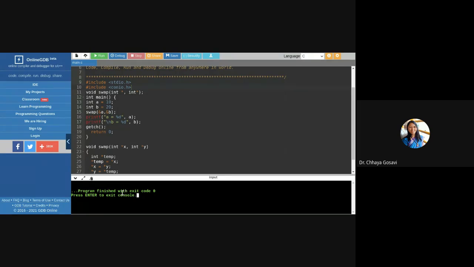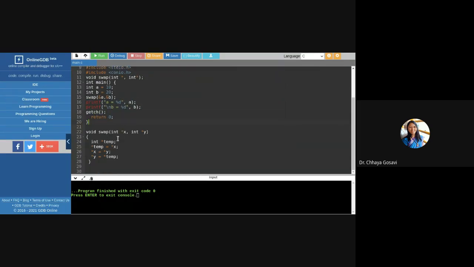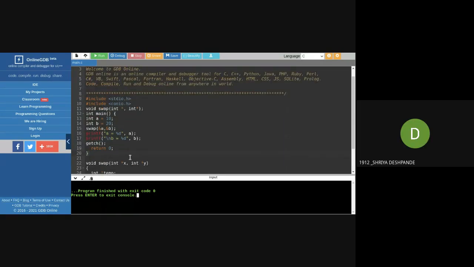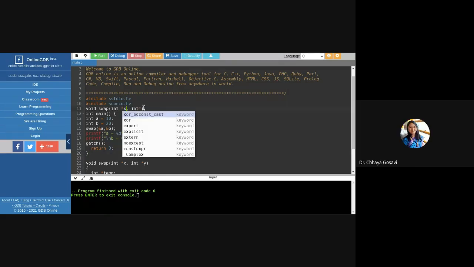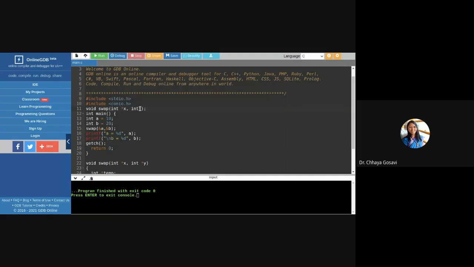Okay, you can try this code at your end. I think it is not waiting for the print option. It is directly executing the return 0 statement. Ma'am, in function declaration, should we write int pointer x and int pointer y? x and y are missing. That doesn't make any difference. This is just a type declaration and it will match the type with the function call.